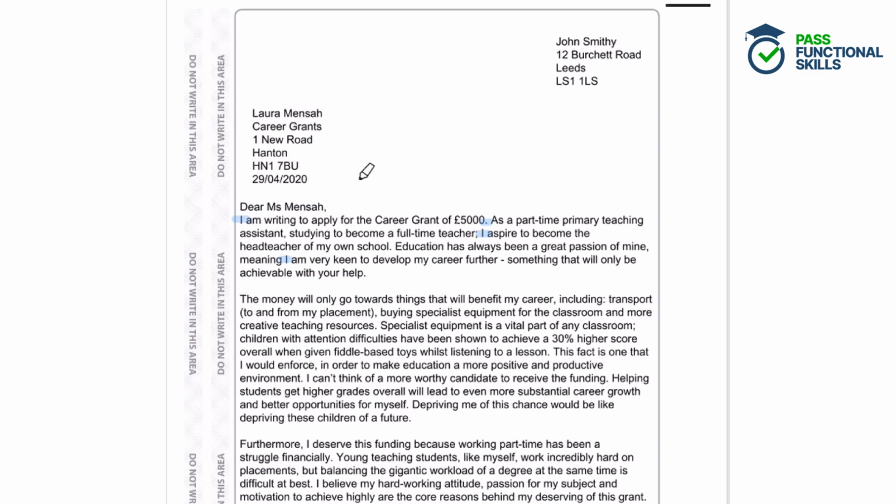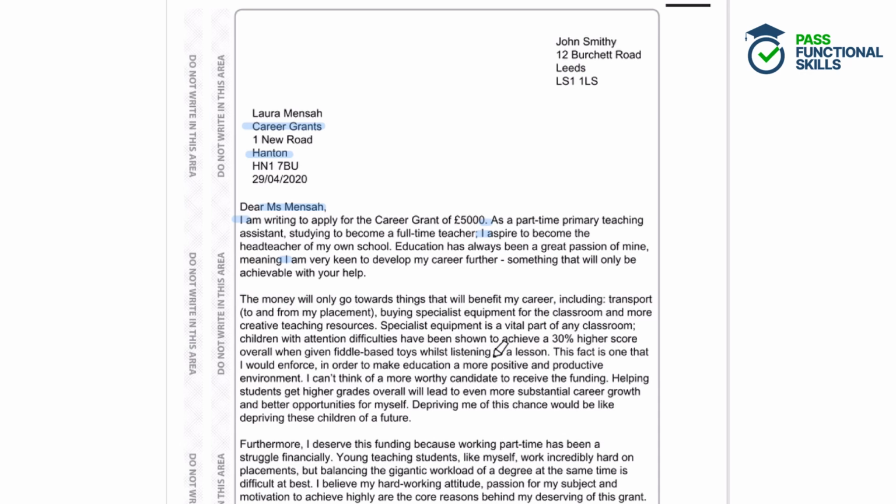And we have capital letters for proper nouns. So, for example, we've got Ms. Mensa. Ms. is a title and Mensa is a surname, so that needs capital letters. And we've also got Career Grants, that's the name of an organisation, so that's capitalised too, and also place names like Hanton. So we've got really great use of capital letters and full stops throughout the answer, and we've also got an